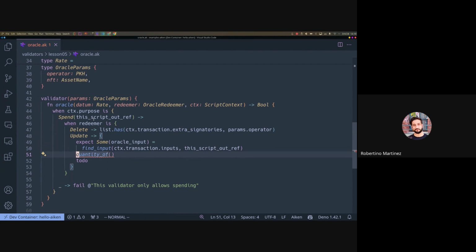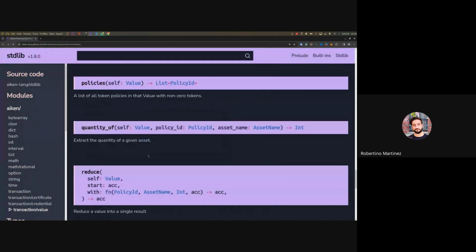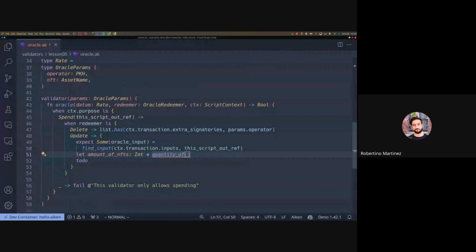So let's name it amount of NFTs. Amount of NFTs returns an integer, so this is of type int, and quantity of took first the value, then the policy, then the name. So the value, as we said, was inside Oracle input dot output dot value,